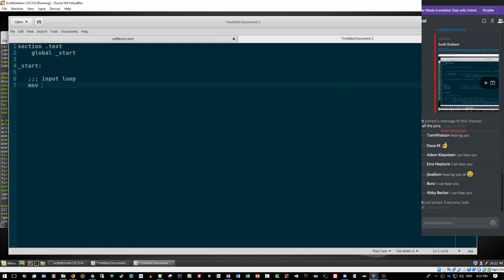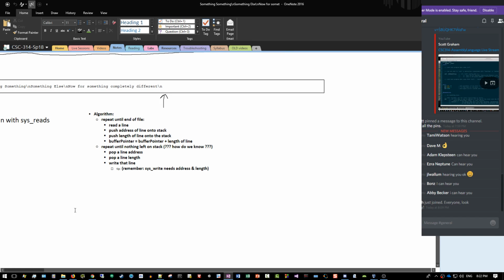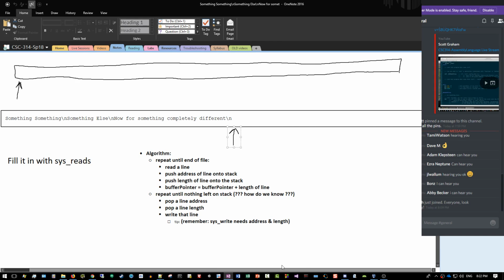So we want to move into EDX the maximum size of our buffer. Now that's actually going to be a little different. So I'm going to put that in question marks, because let's go back to what I showed you over here. If we keep moving this pointer to where we're going to start filling in the bytes of the next line of input, then the total size of the buffer that's left over,